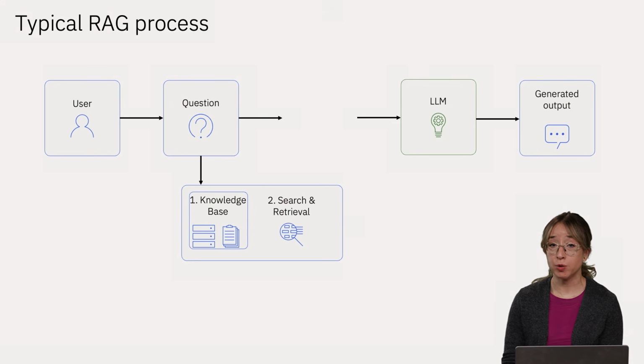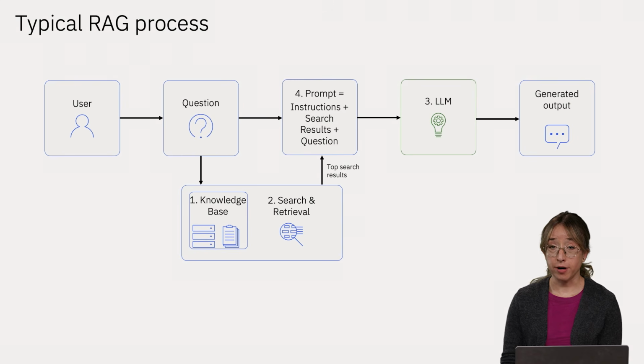Second, we'll set up a retriever to fetch the content from the knowledge base. Third, we'll set up the LLM to be fed the content. Fourth, we'll establish a prompt with instructions to be able to ask the LLM questions. The top search results from search and retrieval will also be gathered here. Once we've completed these 4 steps, we can start asking our questions about the content in our knowledge base.